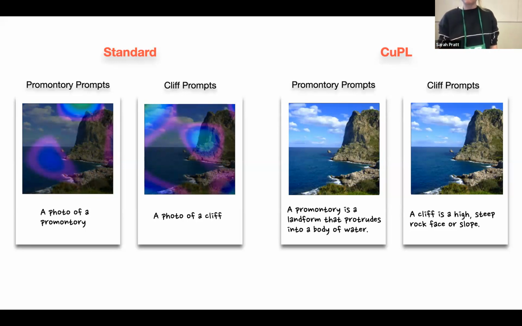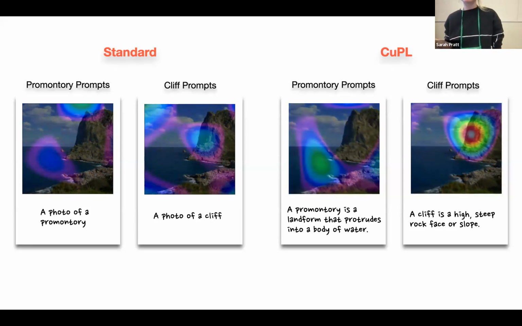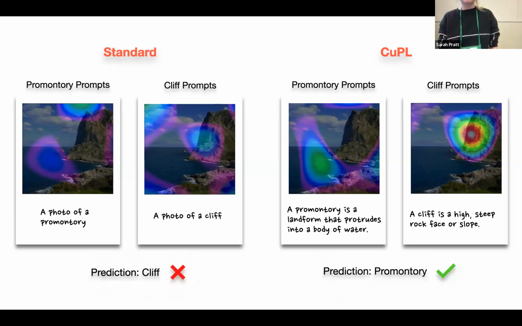However, when we look at the Shapley values when using couple prompts, we see a very strong value on the water region for the promontory class, which makes sense as water is one of the most frequently mentioned words in descriptions of a promontory. For cliff, we see the importance is centered very heavily on the rock face. Additionally, we note that for this image, the standard approach produces an incorrect classification while it is correctly classified when